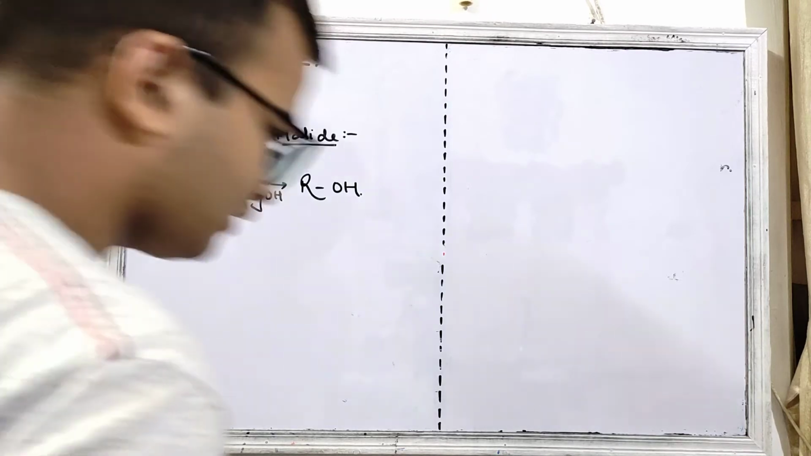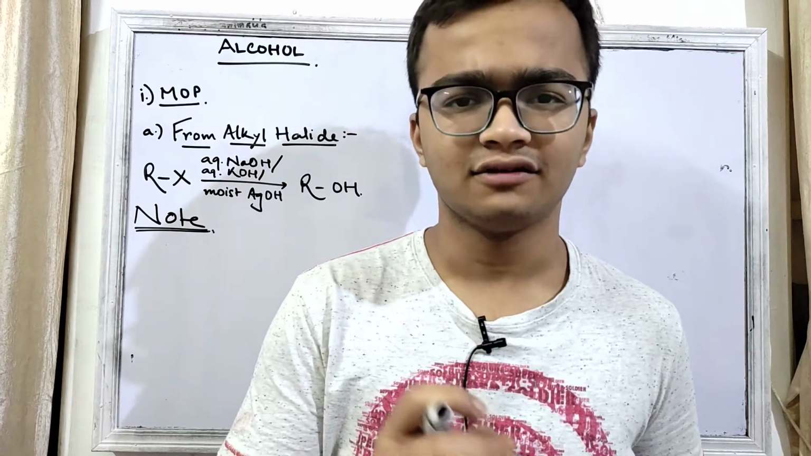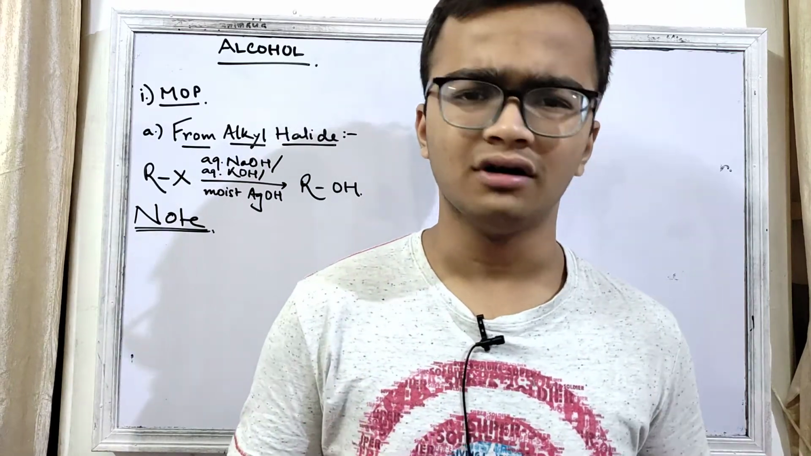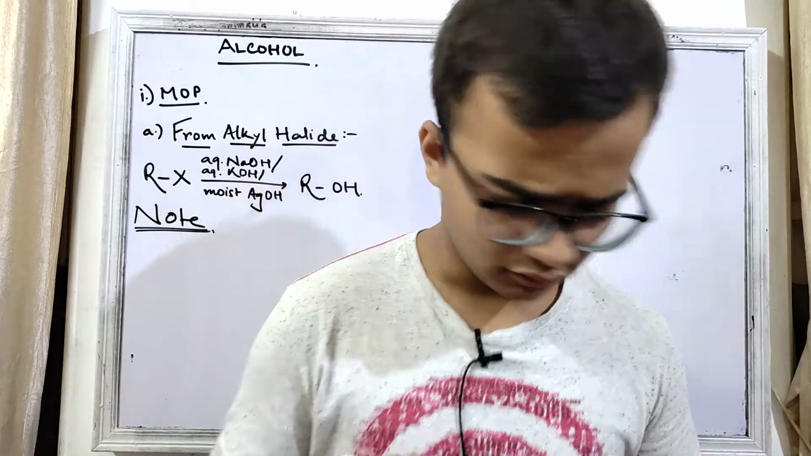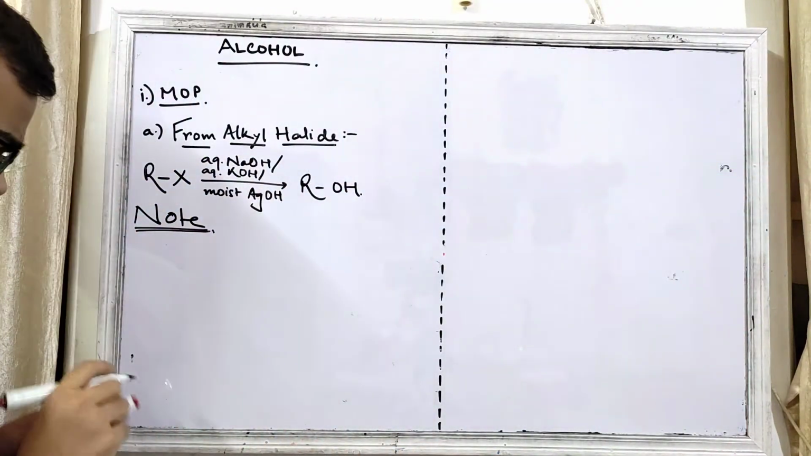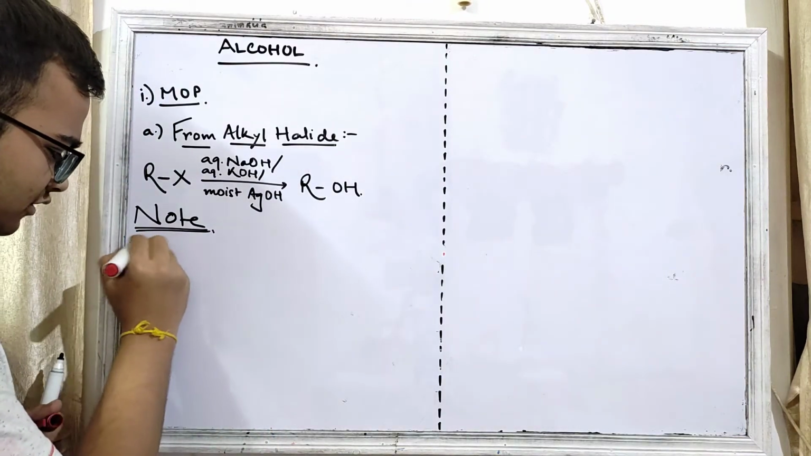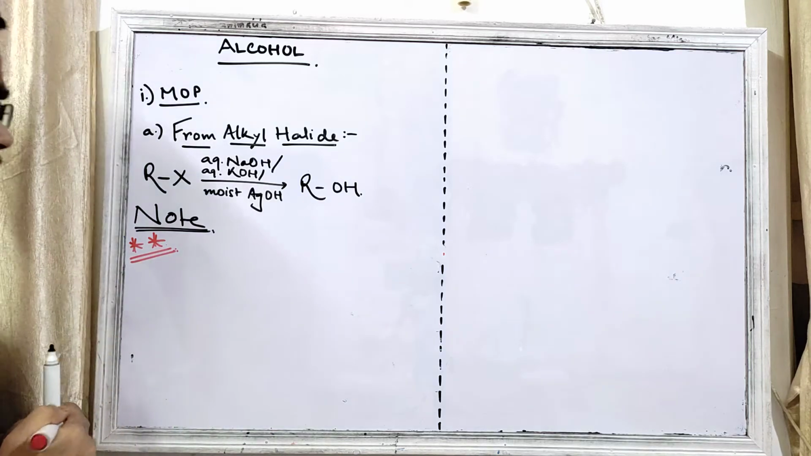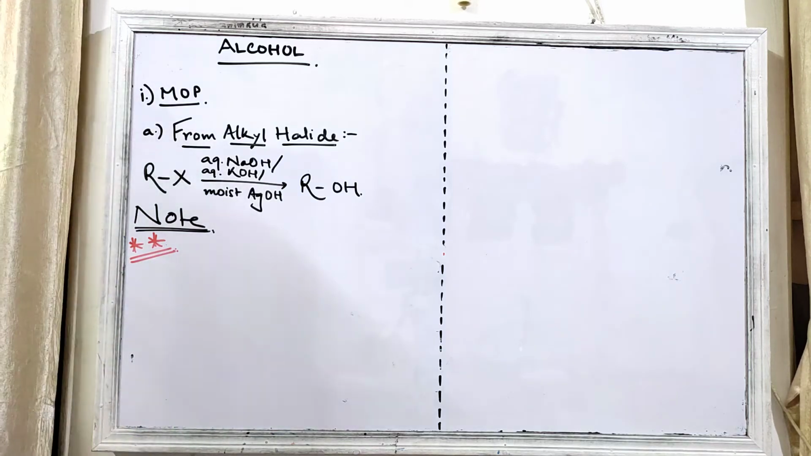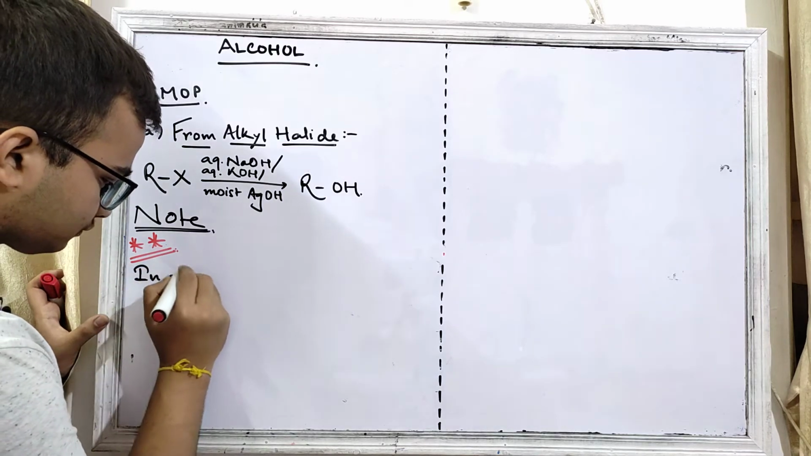Okay, so back again. Now I am going to tell you an important point why this method of preparation of alcohol is not preferable, because side products are being formed. So right here, if you want to put this as an important note, I am putting a star mark because this is very important: why this kind of reaction, or the preparation of alcohol from alkyl halide, is not preferable, because in all this reaction,